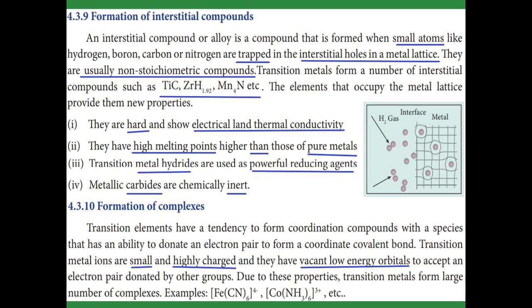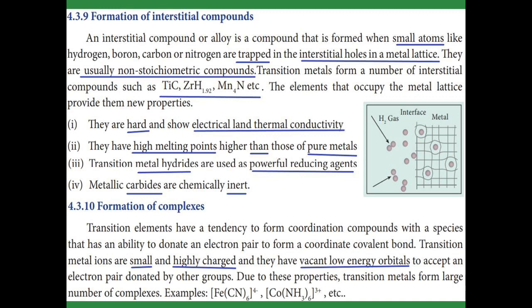Formation of interstitial compounds. See the diagram. In this diagram, the metal has some interstitial spaces. In those spaces, hydrogen gas molecules are occupied. They are called interstitial compounds. In an interstitial compound, small atoms like hydrogen, boron, carbon or nitrogen are trapped in the interstitial holes between the metal lattices, so they are called interstitial compounds, and they usually have non-stoichiometric